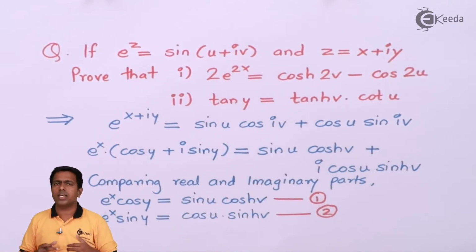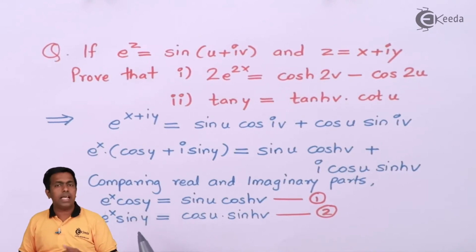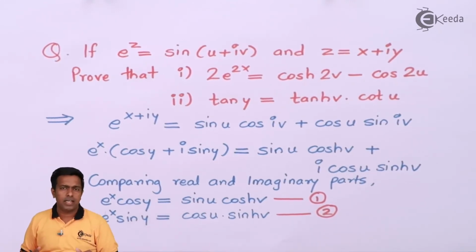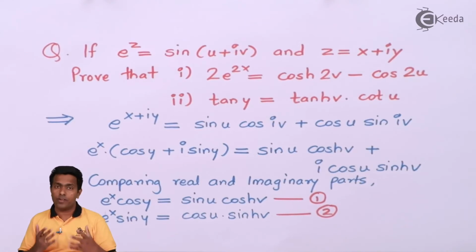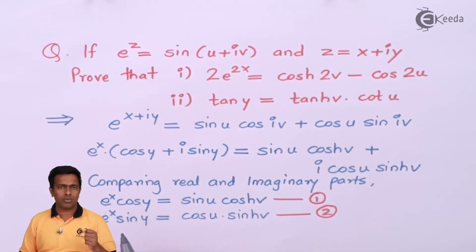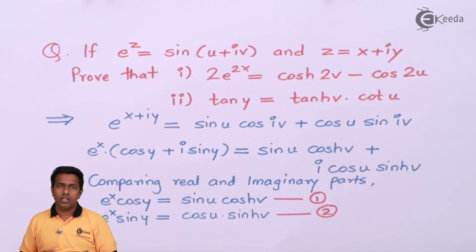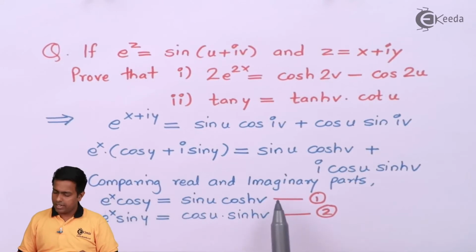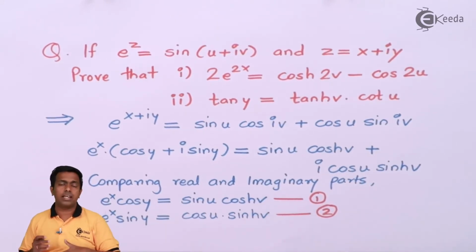So what I have to do is make some adjustment by which y will be eliminated from the left hand side. And guys, for that I will use one formula of trigonometry, which is sin square y plus cos square y, because that is equal to 1. So if I square it and add it, I am going to get sin square y plus cos square y, and that will become 1. So that is why I will square equation number 1, then I'll square equation number 2, and then I'll add them.